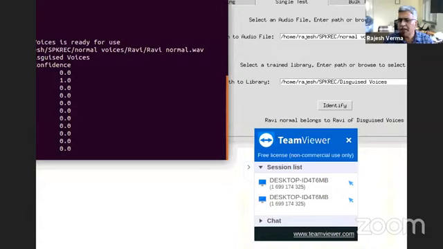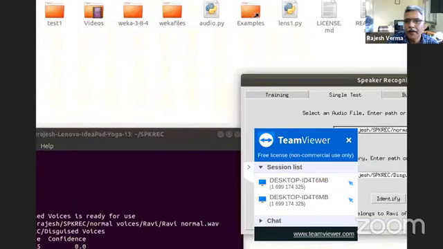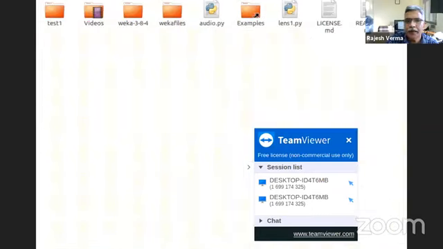All these various conditions are used to record the voices of one particular person, and these will be kept in a folder like we did here. That is, this was a folder, Disguise Voices. We had a folder corresponding to each of these persons, and each person will have many recordings, 1, 2, all in wave format. We have 5 different recordings, right? So this way we can create a